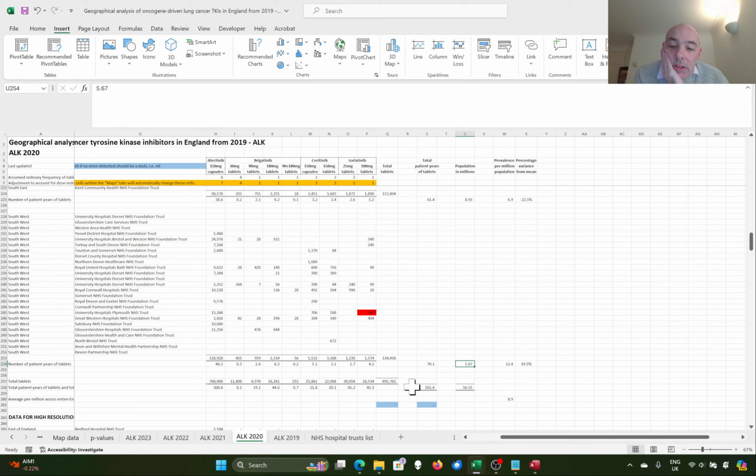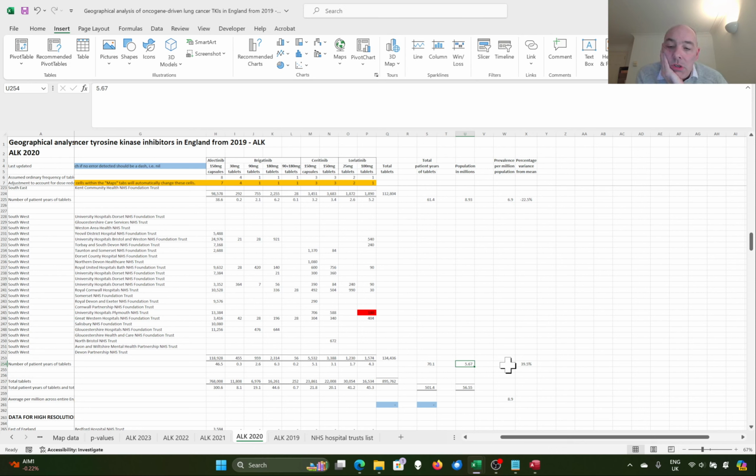The southwest of England has a population of 5.67 million according to the Office of National Statistics. I took that, I think, from the mid value from June 2020. So I've assumed that the population across the UK hasn't changed that much from 1999 to 2023. It would have changed inevitably, but for simplicity I've just kept the same population number, and then divide by